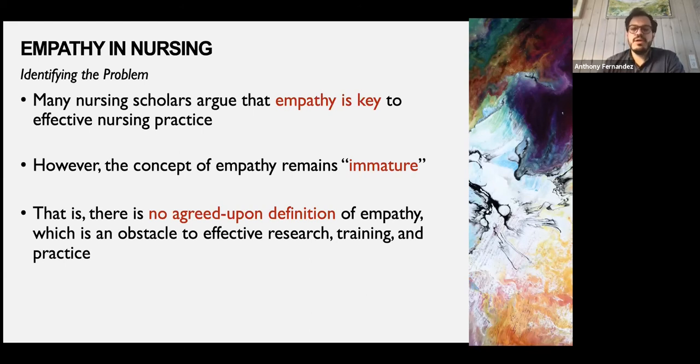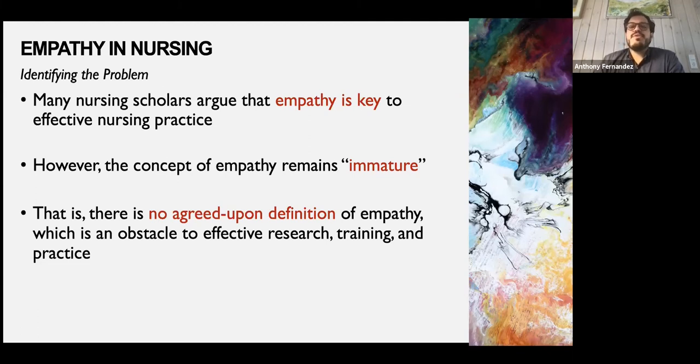You should be able to rate the level of empathy someone has, ideally. So I'm not going to get into further discussions about the extent to which the concept of empathy should be something that we can measure in that respect. That's kind of out of the scope of my own research. But I think that once we recognize that some of these concepts within the field of nursing kind of suffer from a level of immaturity,